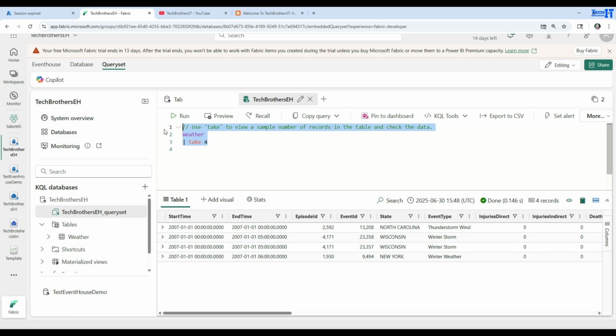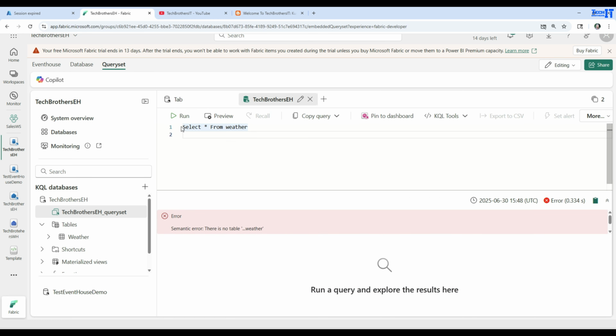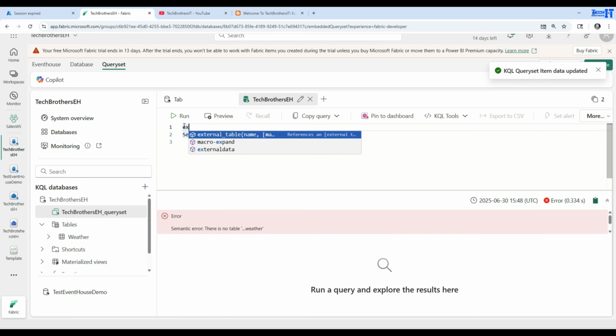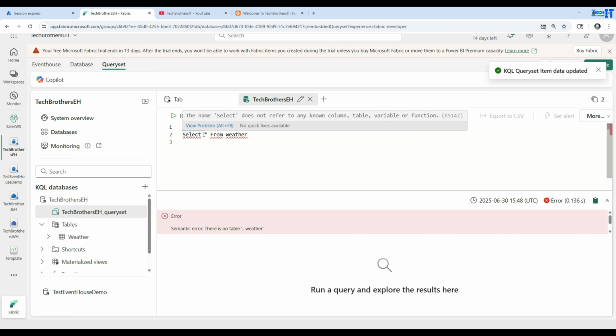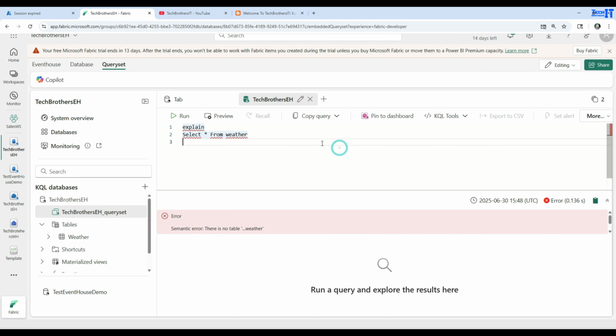I don't know if I can actually try to write a select query here. So select star from weather. Sometimes I have this, no, it is not there. I think it was explain or something. In the KQL query I used to write a select query and then write explain on top of that. It converts to the KQL query. I'm not sure why it's not doing it here. So maybe there are some limitations here, but anyways